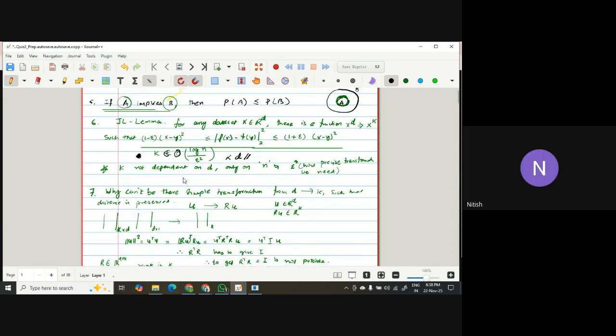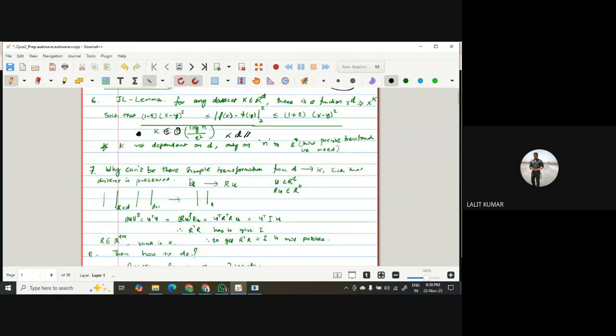Sorry to interrupt, sir. So for log n, do we have to use ln or log? Use natural log. Anywhere log comes, please use natural log. In fact, the professor has also used natural log while explaining all these log values.